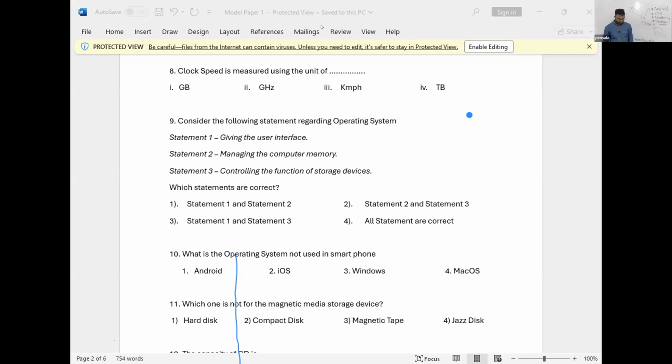BlackBerry. So at that moment this was very famous, right? Because it has a proper keyboard,